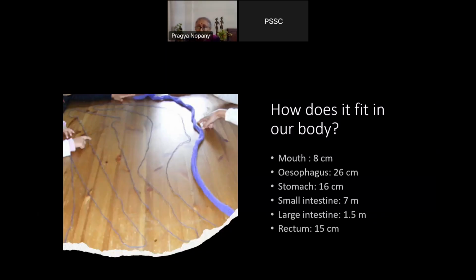And then you can give them this data. You can tell them that the length of our mouth is 8 centimeters. The food pipe through which the food goes is 26 centimeters. And then the food goes into an organ called stomach, which has the length of 16 centimeters. And then after processing happens in the stomach, it goes to another organ called small intestine, which is of 7 centimeters length. And then from there, some nutrients are taken out, and then the leftover goes to large intestine, which is 1.5 meter long. And there, the liquid part is absorbed, and then it goes to rectum, which is 15